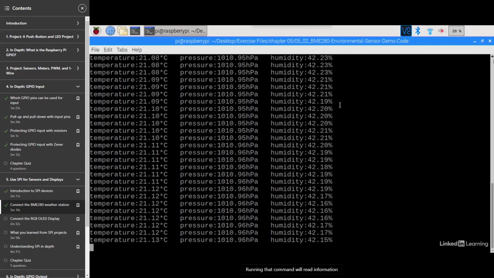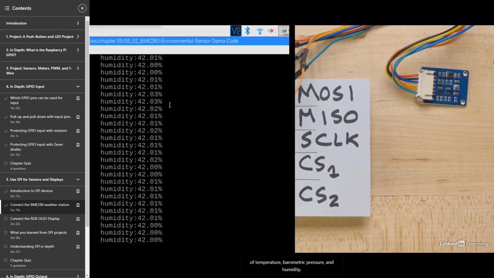Running that command will read information from the BME280 and display it on screen. You'll notice there are 3 sensor readings: temperature, barometric pressure, and humidity. You should see a repeating line of temperature, barometric pressure, and humidity. Reality check those values. If they're impossible, say 80 degrees centigrade, check your connections between the Raspberry Pi GPIO and